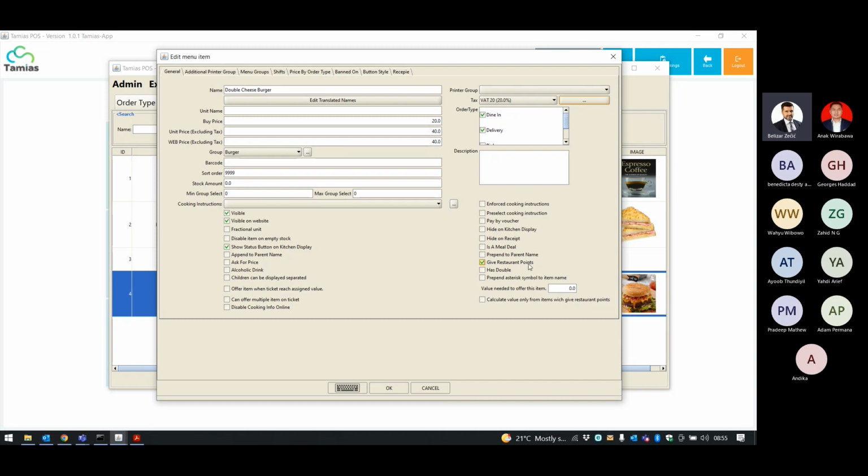Even here, for example, for the loyalty program, you can give some restaurant points. I think that, Zahid, is the explanation for this setting here. We will not go into every detail of this. I'm just trying to show you how to set up the basics to start using your POS. When you define this double cheese burger, the menu item, I will show you